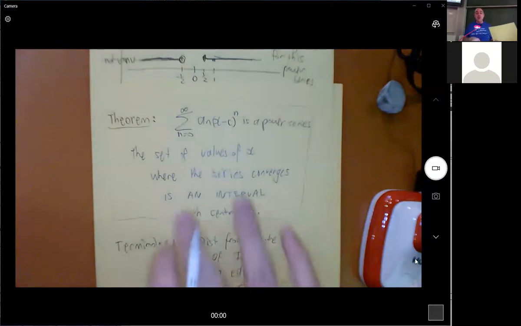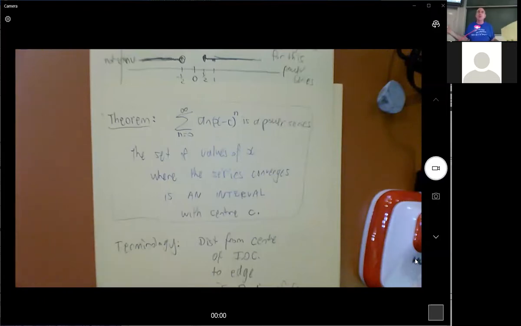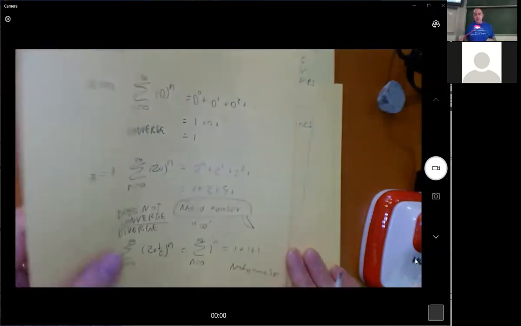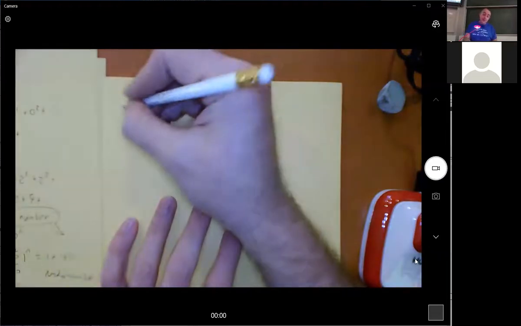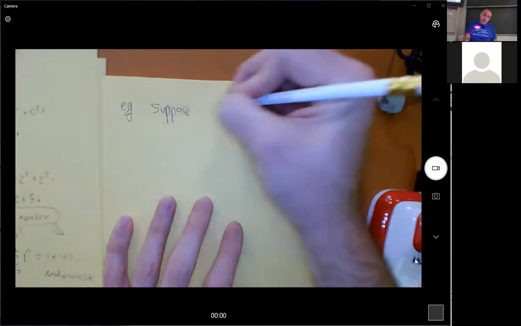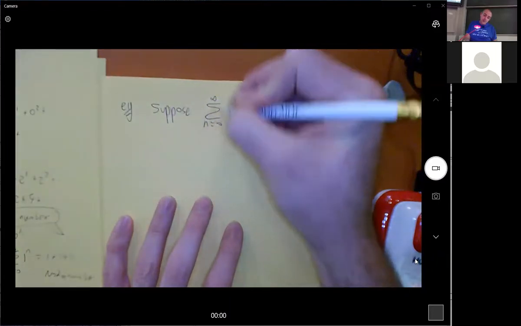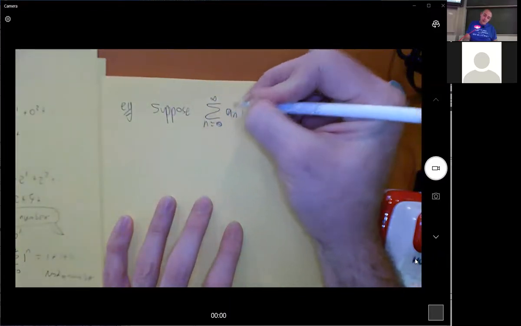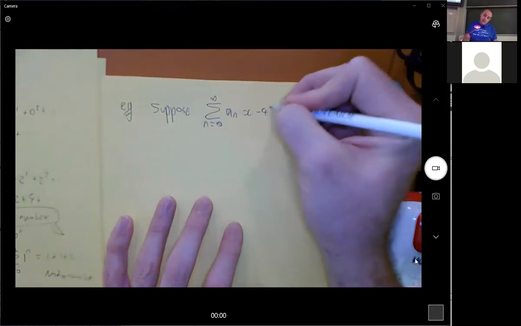And what that means is that we can actually know quite a few things about a series just knowing that the interval of convergence is an interval. And just know that that interval can be infinitely big. It can be the whole of R, which is also an interval. It's from minus infinity to plus infinity. Okay, so for example, this is one of my favorite things. Suppose the sum from n equals 0 to infinity of a n times x minus 4 to the n